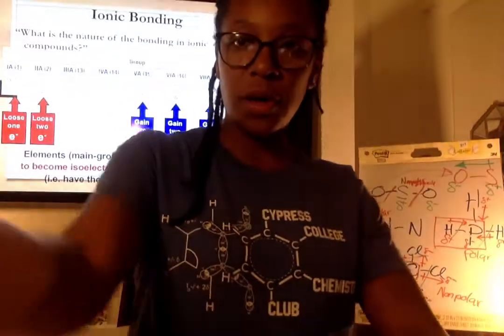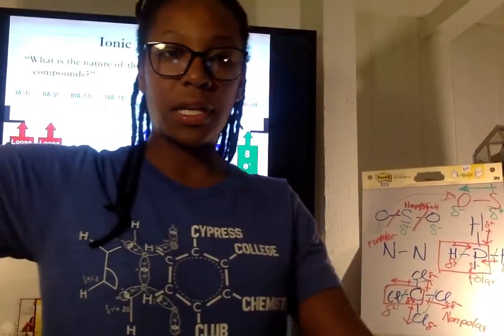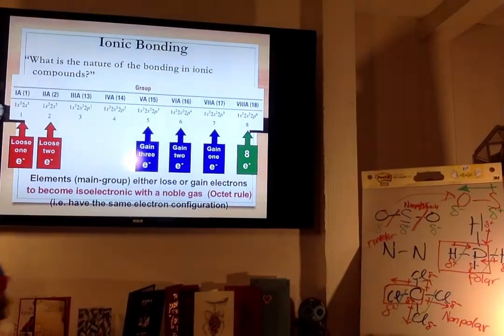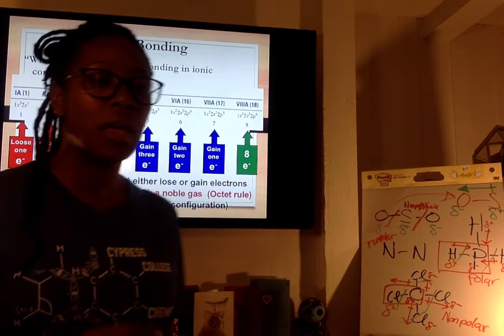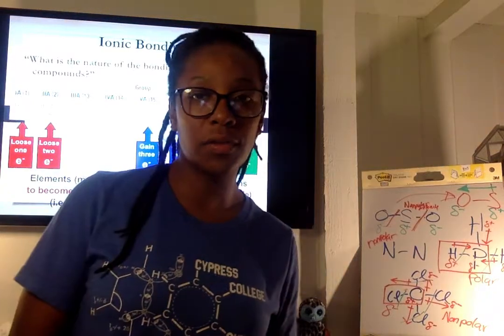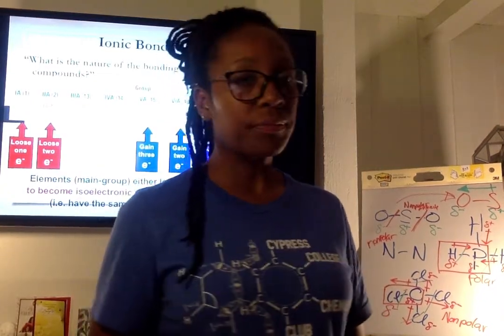Okay, so now let's go on to ionic bonding. What is the nature of the bonding in ionic compounds? Elements, mainly main group, not transition elements, either lose or gain electrons to become isoelectronic with a noble gas and reach the octet rule, i.e. have the same electron configuration. So we've talked about this several times when we talked about naming ionic compounds, and a second ago we also talked about it